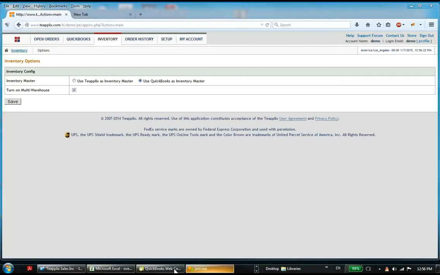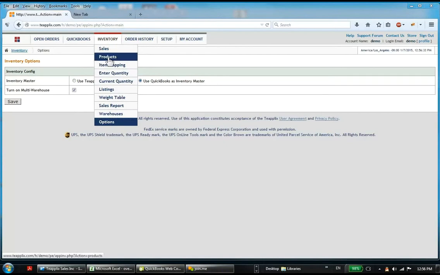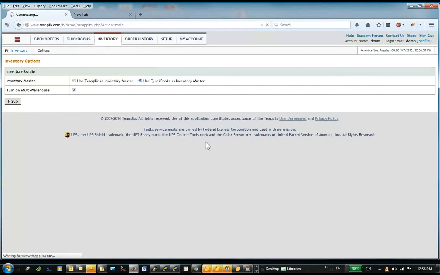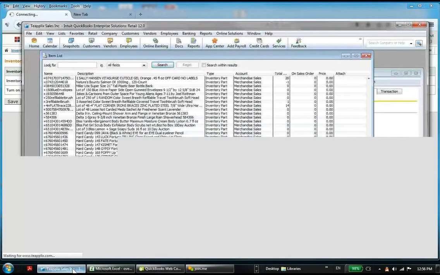So what happens when you are inventory master? Let me just go over the concept, right? When you're inventory master, what happens is you define the product. That's either in QuickBooks, either way, you define the product, right? The question becomes, where do you enter the quantity to net out? Because quantity is a live flying number, okay? The question becomes, where are you going to enter the quantity? Some people just say, of course, QuickBooks. I am going to